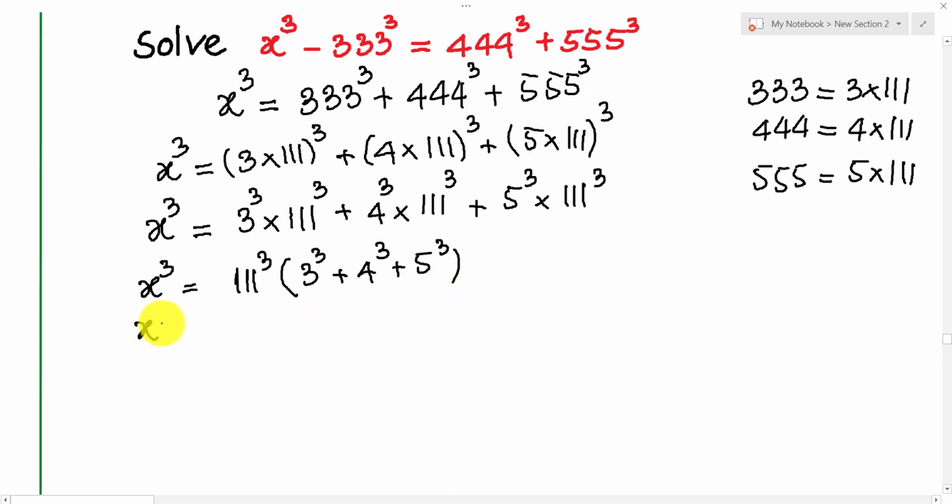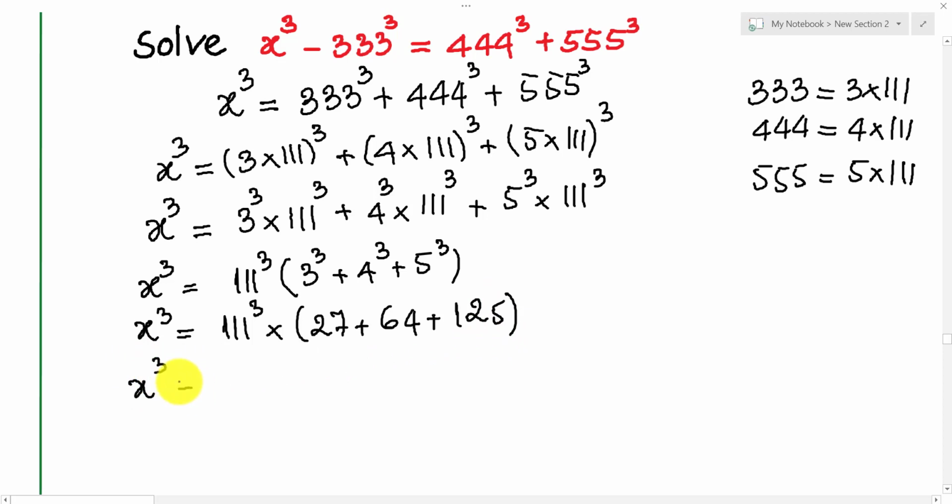And we get x power 3 is equal to 111 power 3 multiplied by 27 plus 64 and plus 125, and we get x power 3 is equal to 111 power 3 multiplied by 216, and then 216 is equal